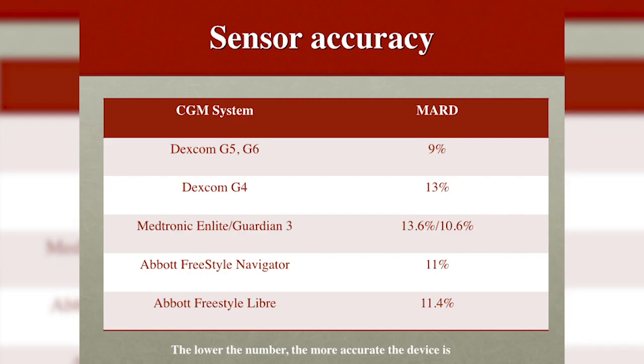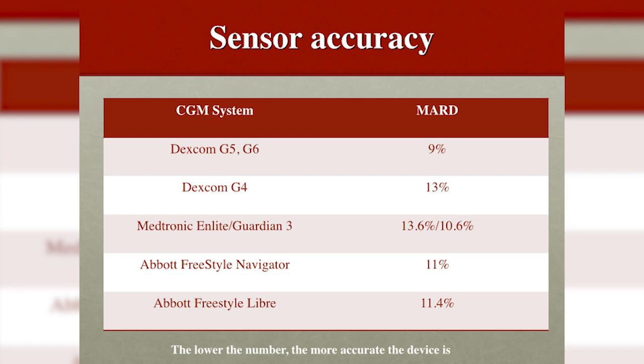So it hasn't been used that much yet, and I think if we get it approved for 6 months or 180 days, it will be used a lot more because it will be providing more benefit. It is a little bit more accurate than other sensors, so the reported MARD, or the accuracy, is 8.5%. So this is just, again, MARD for all those available sensors. And again, as I mentioned, the lower the number, the better.